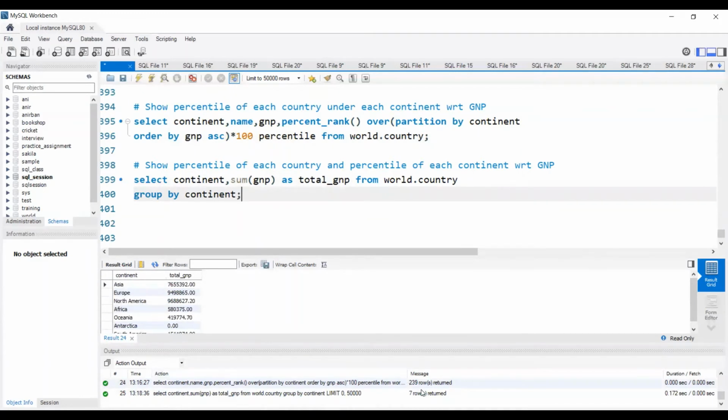So now as you can see, we have 7 records. So for each continent it is showing us the total GNP. Now I need to show the percentile values of each of these continents based on this total GNP. So here with respect to GNP is nothing but with respect to total GNP, because we need to show for each continent, and in total we have 7 continents, but the total number of records in this table is 239. As you can see over here, we have total 239 records. So I will add that window function. So comma percent_rank